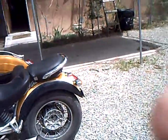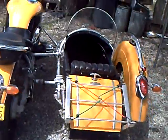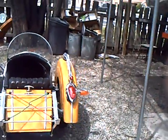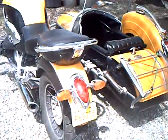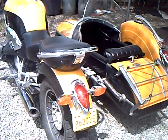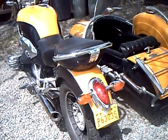I don't like all that stuff. People love it, and of course you need it for touring, but I've never liked those bags. They're just a pain, and I think when you put those big suitcase type bags on the bike, particularly a bike like this, which is a styling kind of bike, I think it looks ugly. I really do, which is why I have not spent the money on those bags for this bike, although you can certainly get them. I'm sure there's a wide variety. To me,